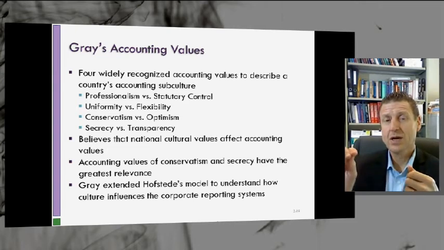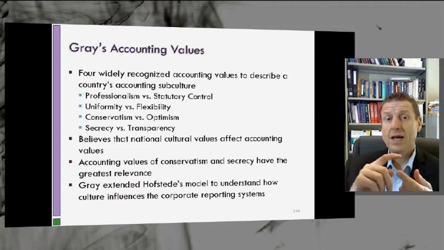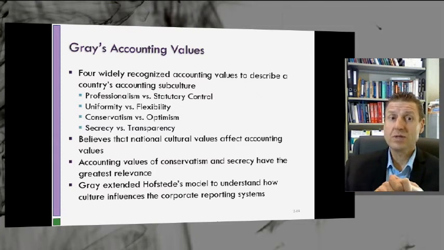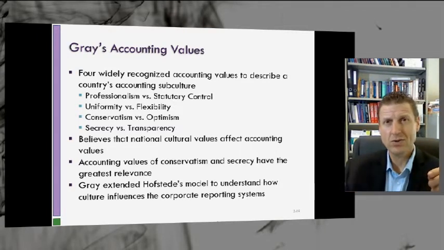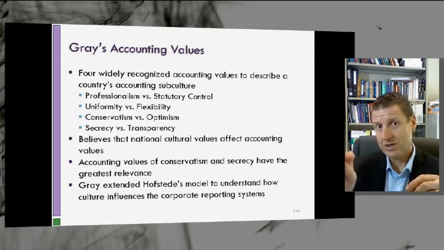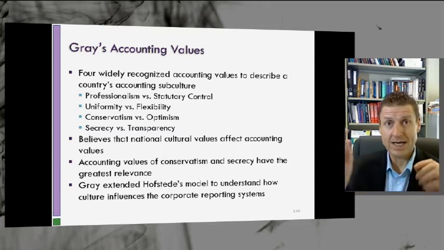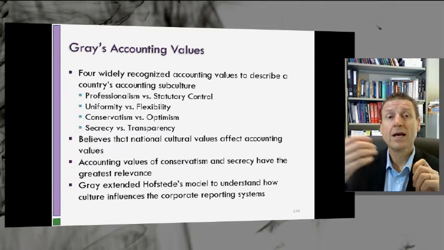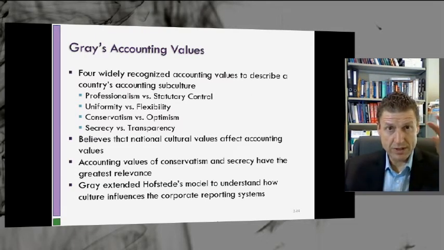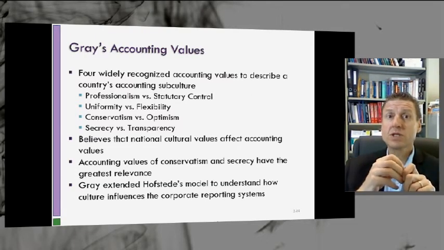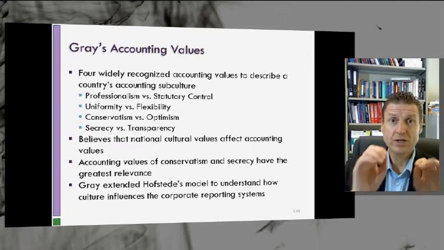Common law countries are more likely to have professionalism versus code law. Common law countries are more likely to have flexibility, optimism, and transparency. And the code law countries are more likely to have each of the opposite: statutory controls, uniformity, where the tax and accounting rules are the same, all right? Conservatism, because it's really dictated by the state, and more secrecy, because the state has a greater role in how